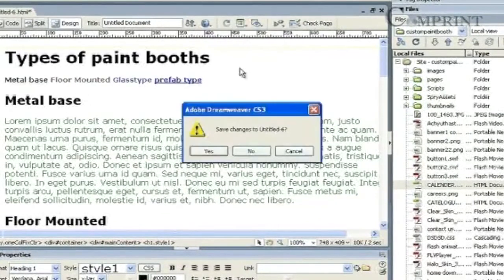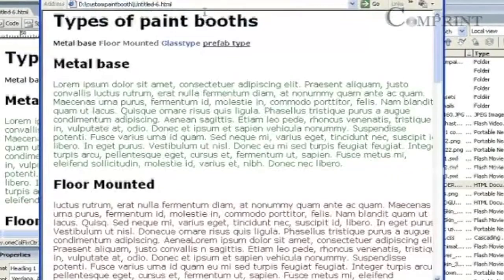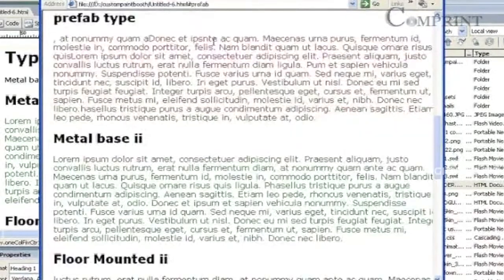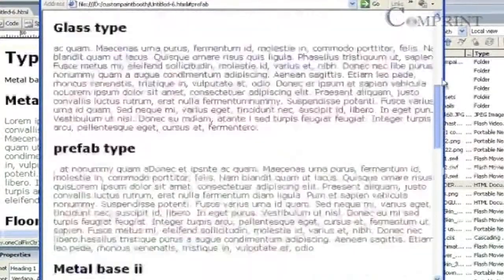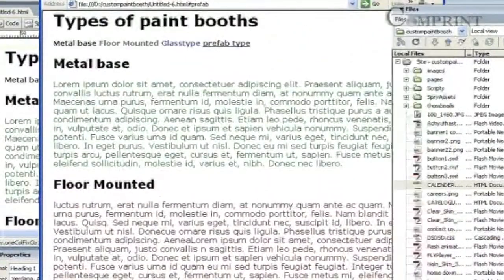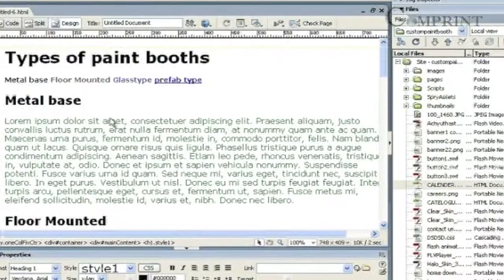Let us preview it in the browser. By clicking on this, we can see that the web page is navigated to that prefab type area. In this way, we can set named anchors. So these hyperlinks, email links and named anchors help us to set navigation within the website or between different websites.